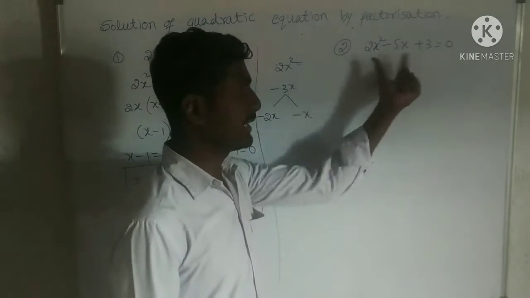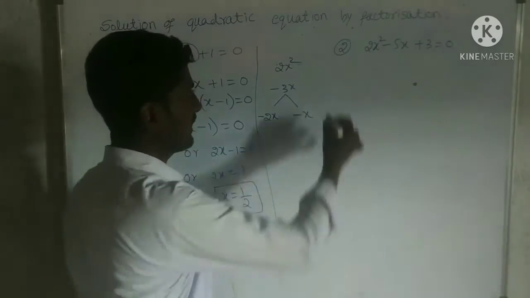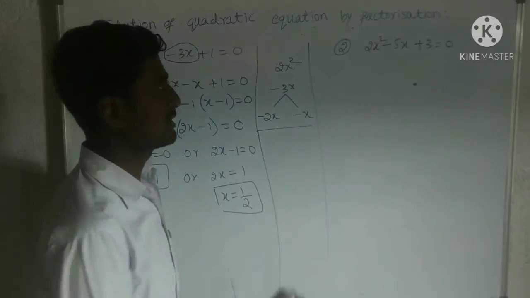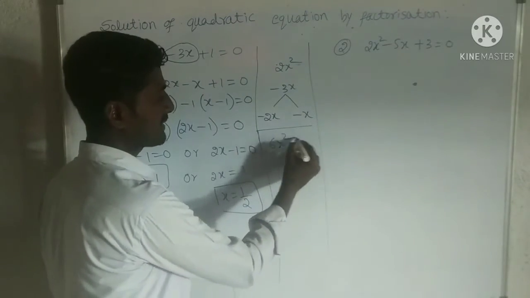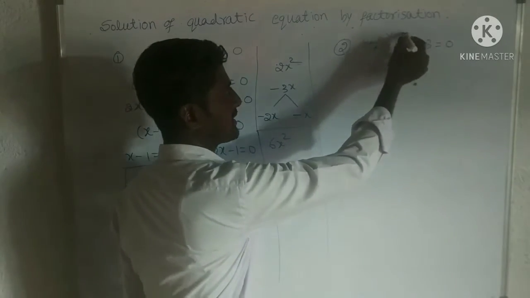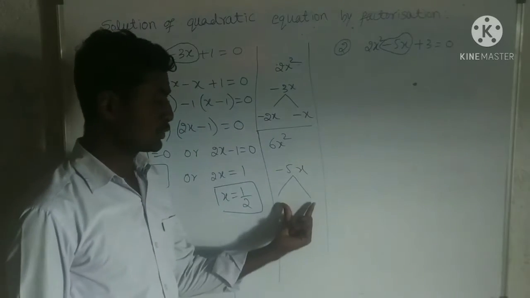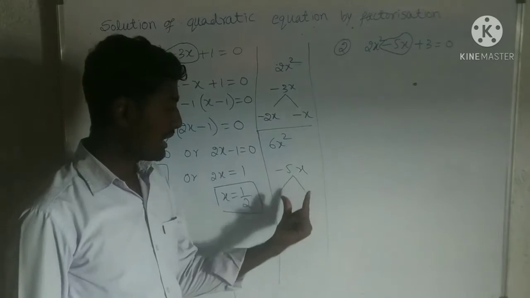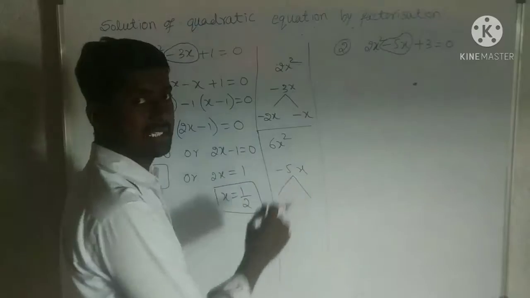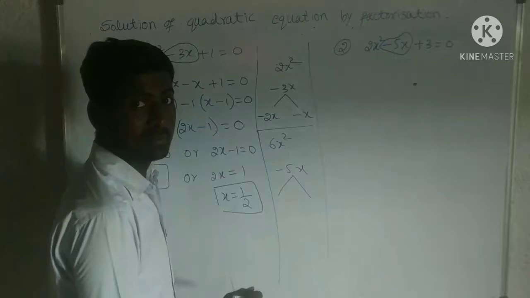Now let us solve the second one. See the first and third terms, multiply the first and third terms. So 2x square into plus 3, that is how much? 6x square I am getting, 6x square. Now I have to split the middle term in such a way that minus 5x is split: after adding those two terms, I should get minus 5x, and after multiplying those two terms, I should get 6x square. Now this minus 5x can be written as a multiplication of 6 and a sum of 5.